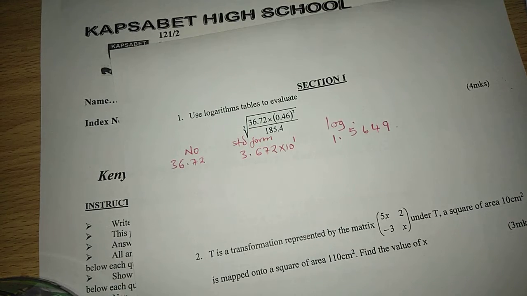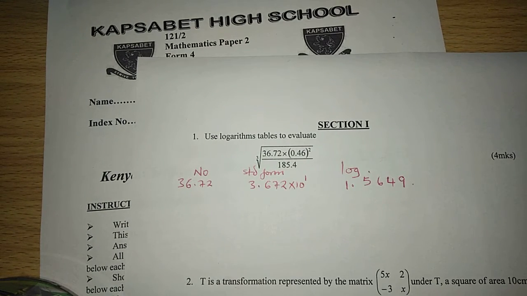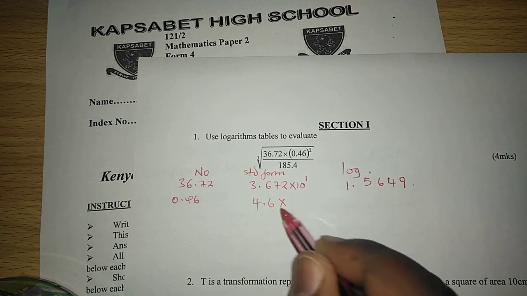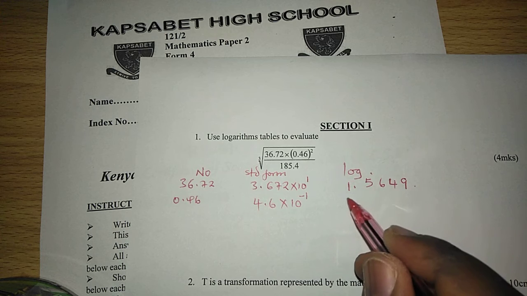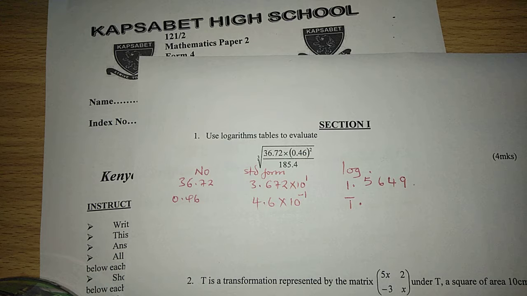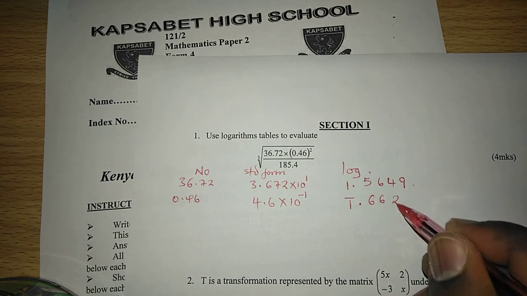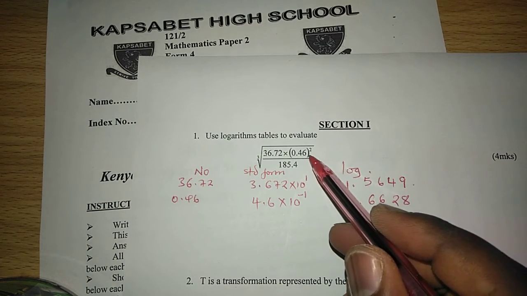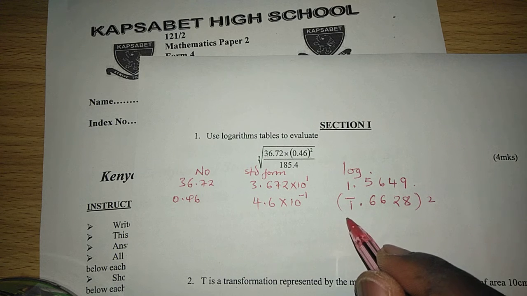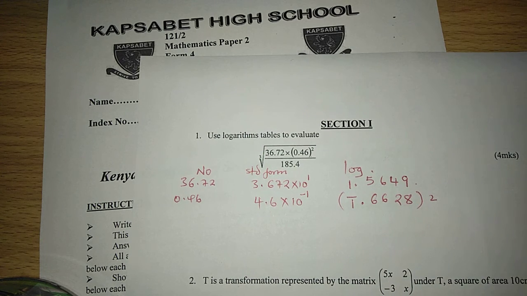The second number we have is 0.46, which is squared. So 0.46 is 4.6 times 10 to the power of negative 1. So we will have bar 1 point, the logarithm of 4.6 is 6628. Because that number has been squared, we multiply the logarithm by 2,